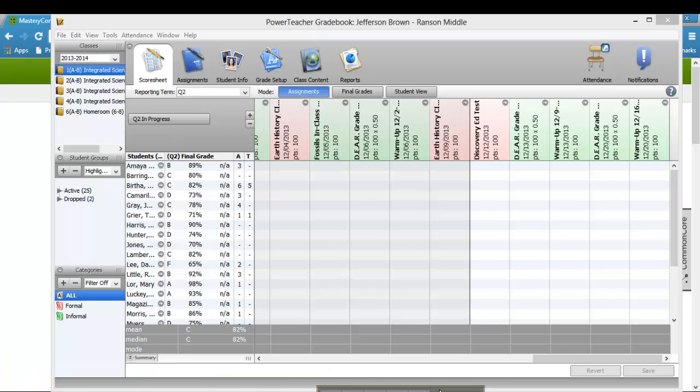Hi everyone. So in this video, I'm going to show you how to upload rosters from your gradebook onto Mastery Connect so that you don't have to input every student ID and student name individually. You can actually just streamline it and upload a couple rosters and you'll have all of your students on your